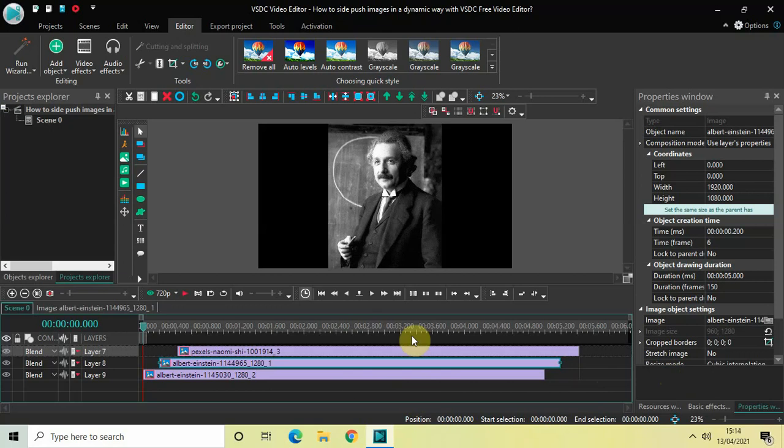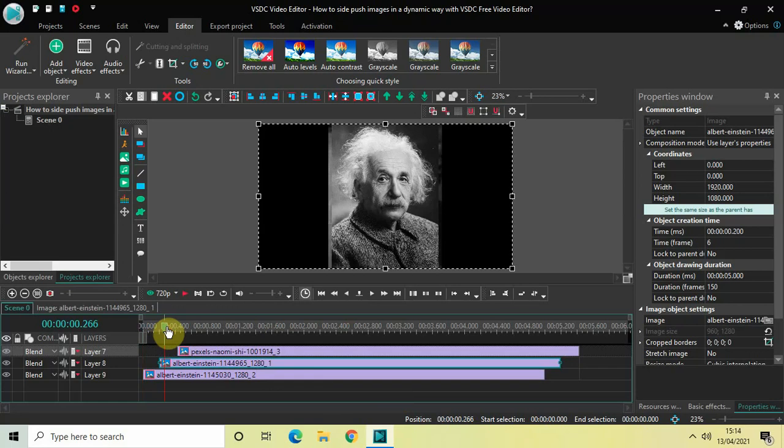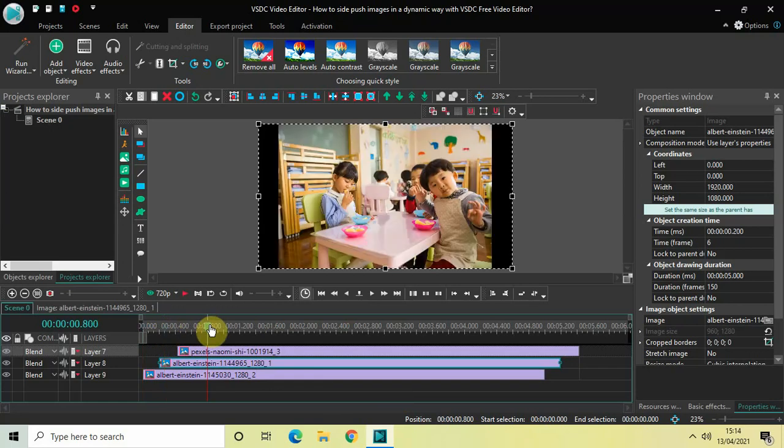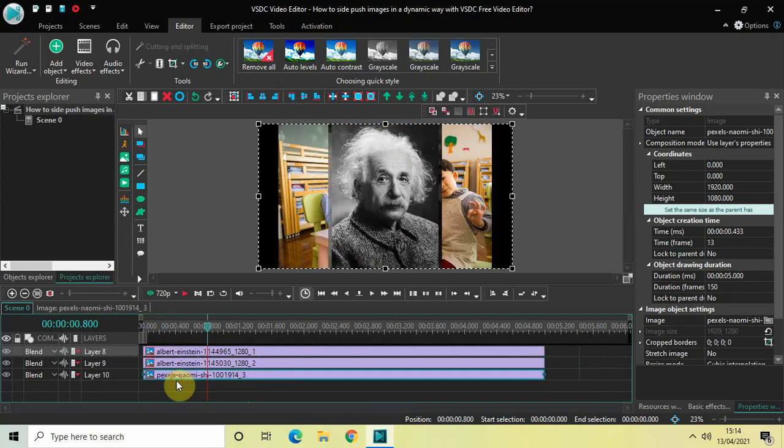Now as you can see, I've already imported 3 demo images in the editor, and all the 3 images have a duration of 5 seconds in the timeline. So this is my first image of Albert Einstein, this is my second image of Albert Einstein, and finally this is my third image. First of all, I would like to place this image which is present at the top right at the bottom, and let me just turn off the visibility of this image.